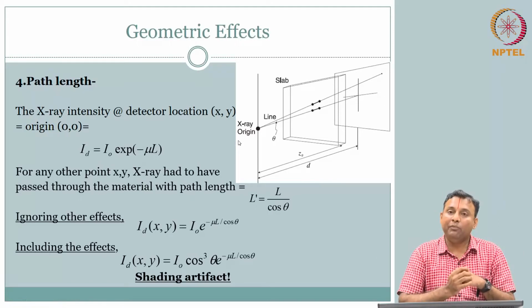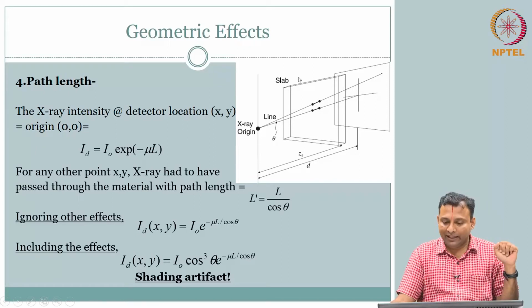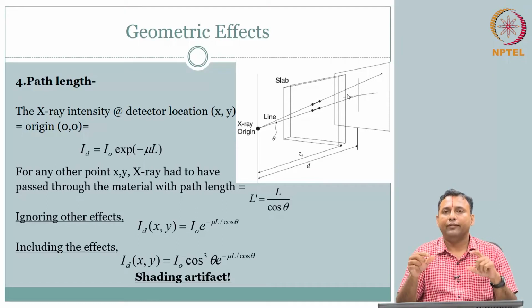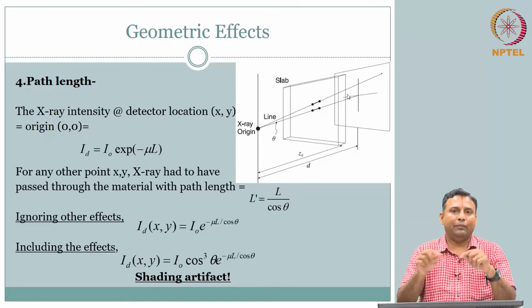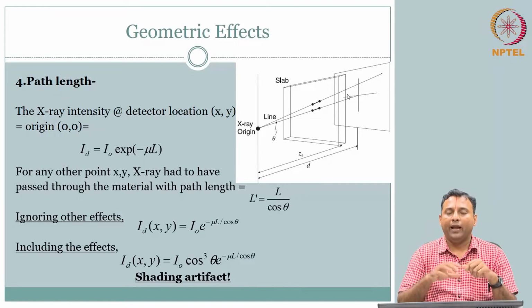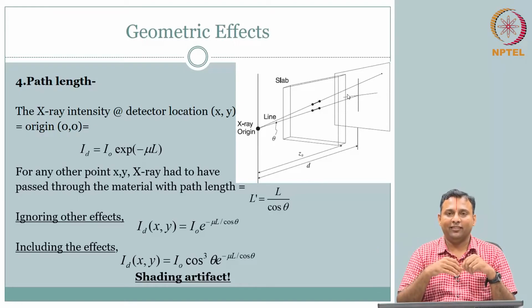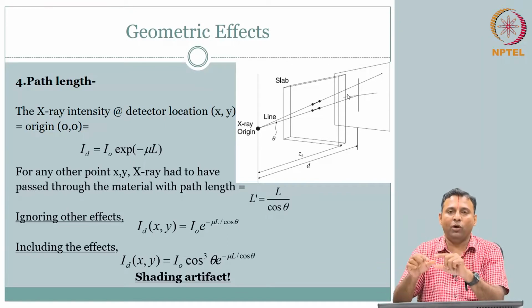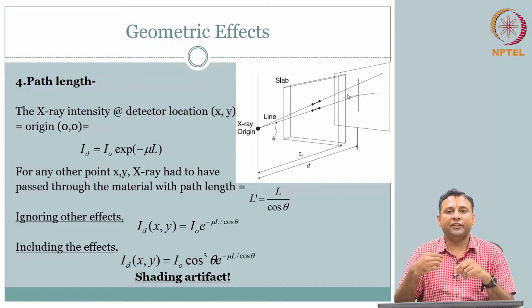So this is very important. The problem is, in reality the object is unknown. If you take an image of, say, a perfect sample of bone and you get a shading artifact, are you going to interpret that the material property is actually varying for that small bone that I took from whichever location?